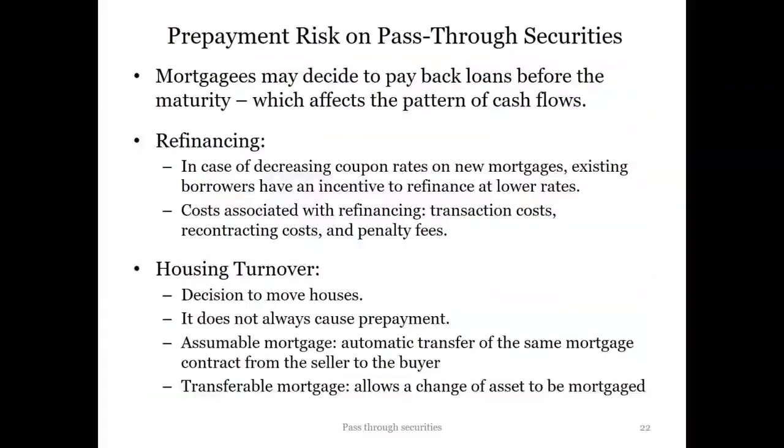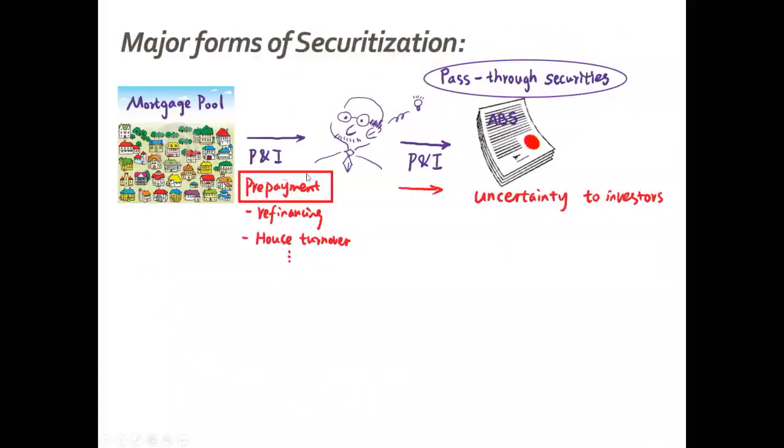So what I want to emphasize is, because of these prepayments, the value of these pass-through securities will be affected, because some long-term investors do not like that. What the smart guys think is, well, that's not good. I want to sell these securities at a better price. I want all different types of investors to enjoy the benefits provided by securitization. I don't like this prepayment risk. How do we deal with it, right?